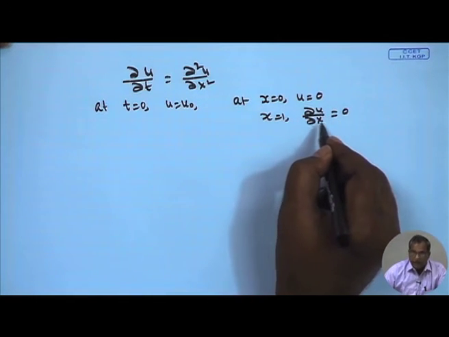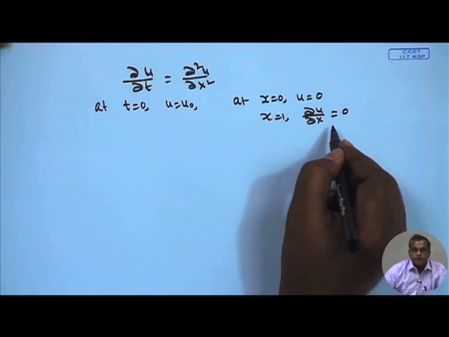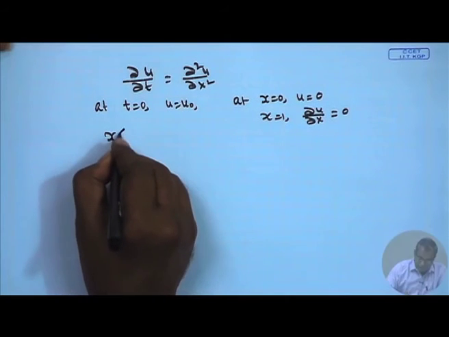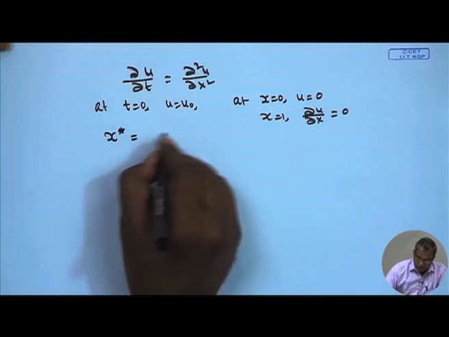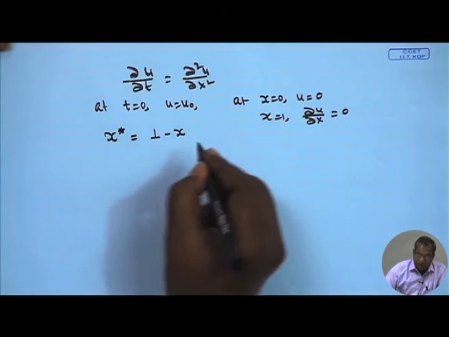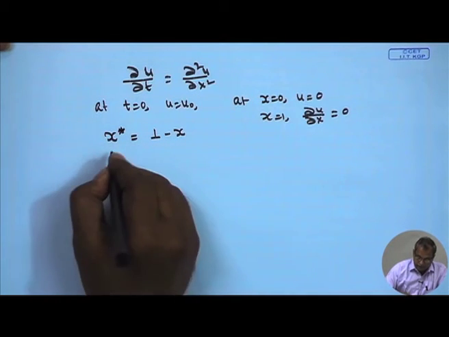That means a Neumann boundary condition is prevailing at x equal to 1 instead of x equal to 0. Now, what I will do next? I will have a transformation in the coordinate system. I will define x star is equal to 1 minus x. Now, if I define the x star, let us see del u.